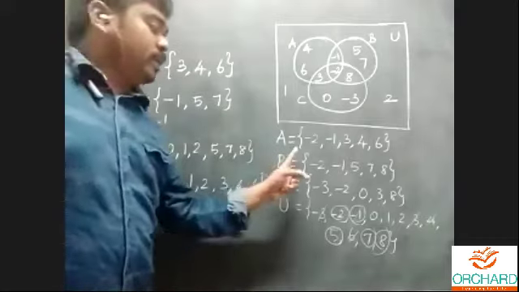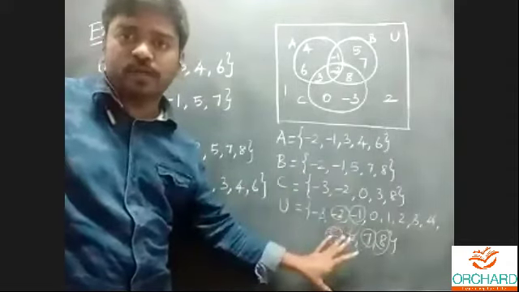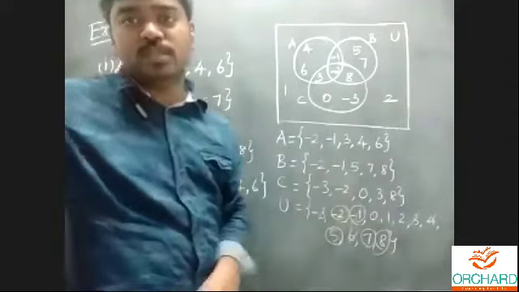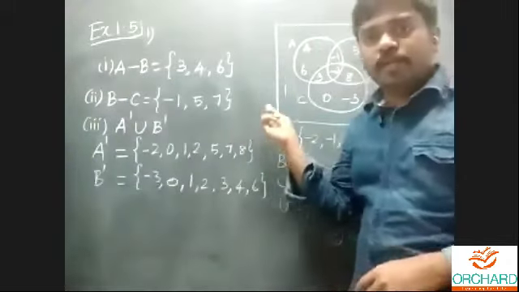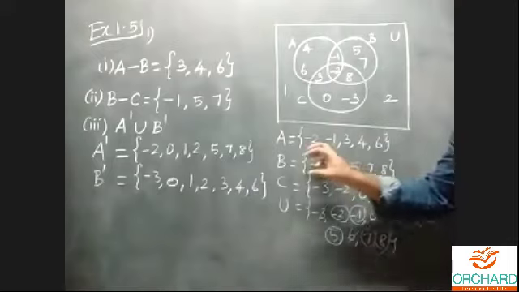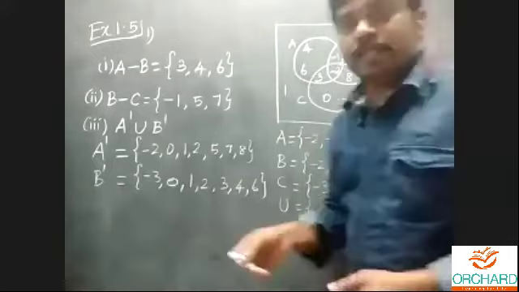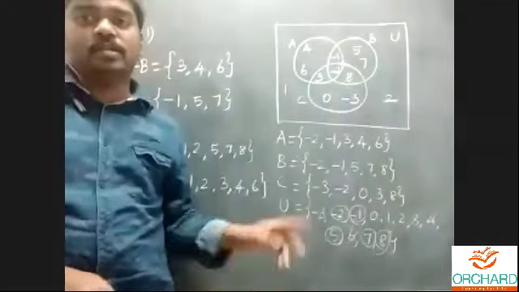I can write A, B, C now for your understanding purpose, but this is not necessary to write. Directly we'll answer this question. I can refer to the diagram and identify the answer. This is for your understanding: what is A dash, what is B dash. Otherwise, you can write the direct answer also. How do we write the direct answer for A dash and B dash?